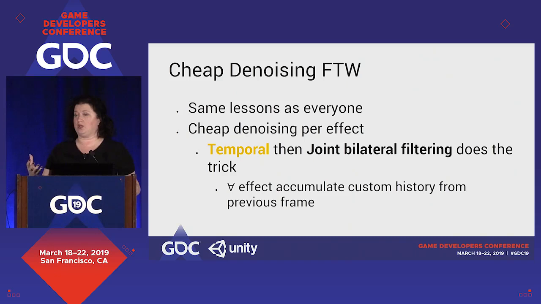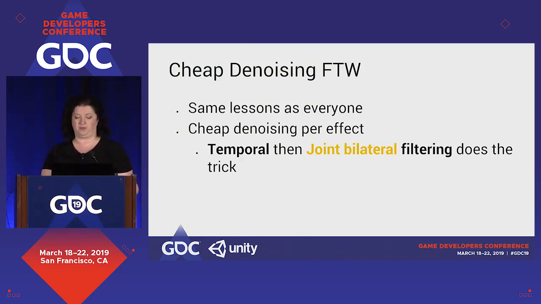We actually store a history buffer per effect, 1 set for AO, 1 set for area shadow lights. It gives us better stability. Of course, that comes at the cost of additional memory, as we need to add memory for the history for accumulation. But that memory really allows us to reduce the number of rays, thus increasing performance. So it's kind of a trade-off.